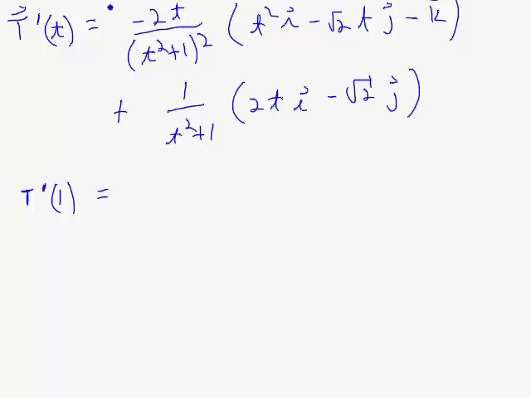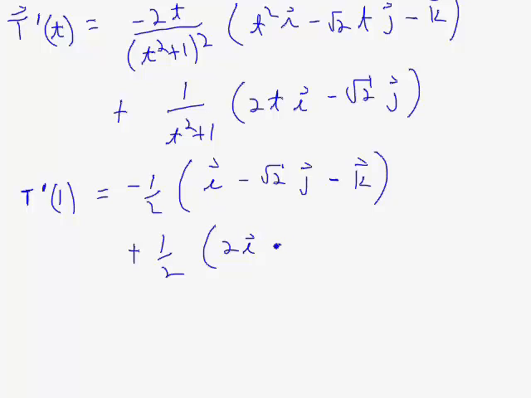So T prime of 1 is going to be, well, if you stick a 1 in here and here, you get negative 2/4, which is negative 1/2. Stick a 1 in here and here, and you get just i minus root 2j minus k. And then here you get plus 1/2. So plus 1/2 for this guy, and then 2i minus radical 2j. And then if we factor out 1/2, that leaves me with negative i, all these change signs, plus radical 2j plus k,